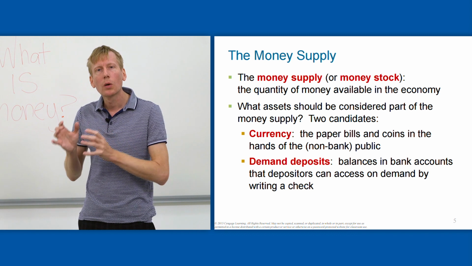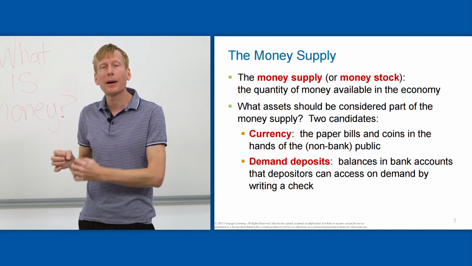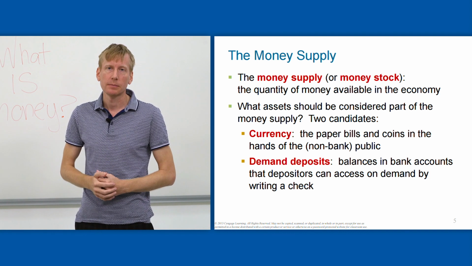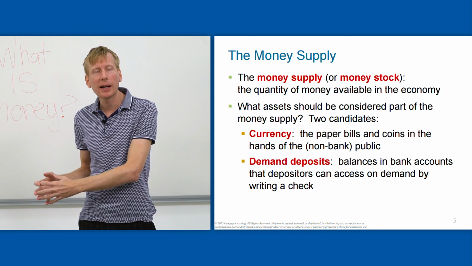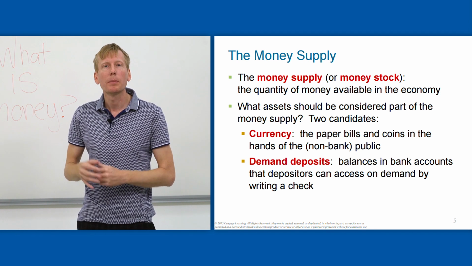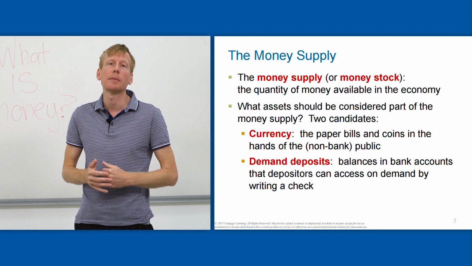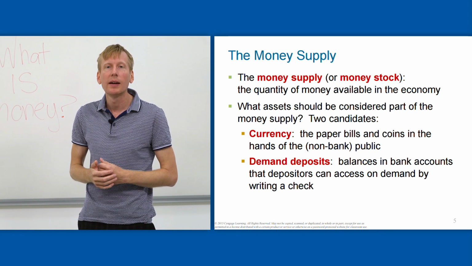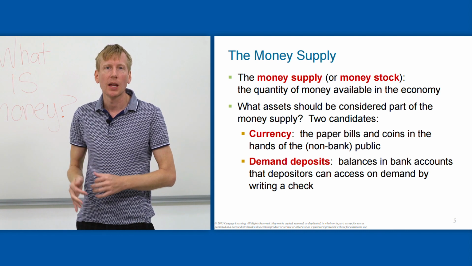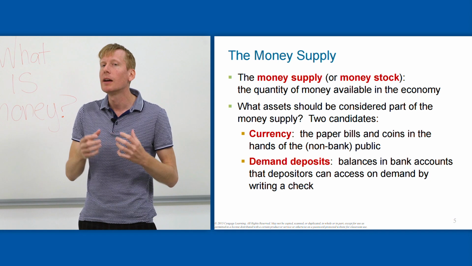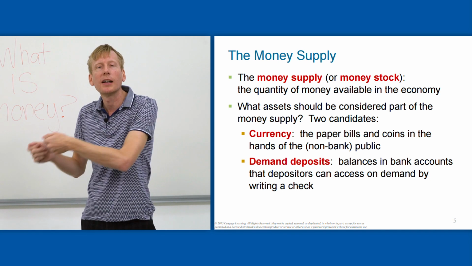Now also, we might have money, currency, that we took and deposited in a bank. So we no longer have that money ourselves. The bank now has that money. But because we could get that money out of the bank whenever we want, we might consider that also to be part of the money supply. It wouldn't leave the money supply just because we took our $100 bill over to Ishbank and deposited it in